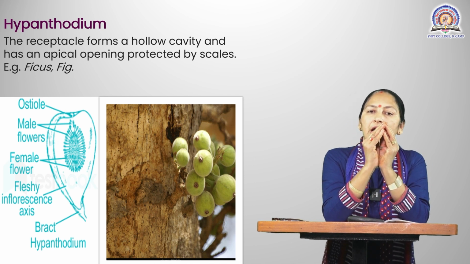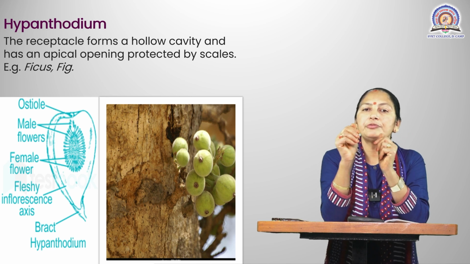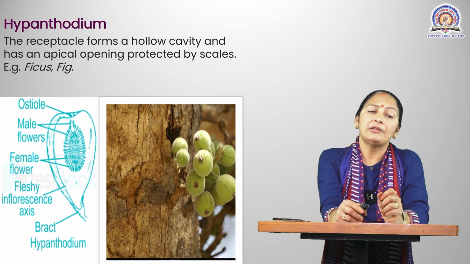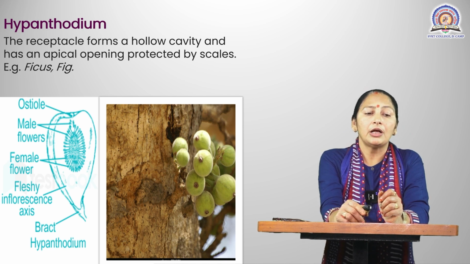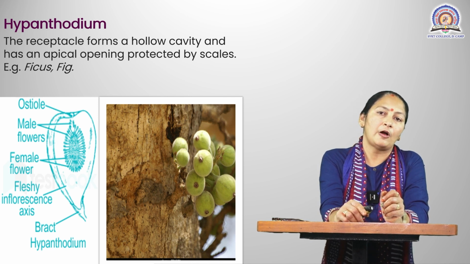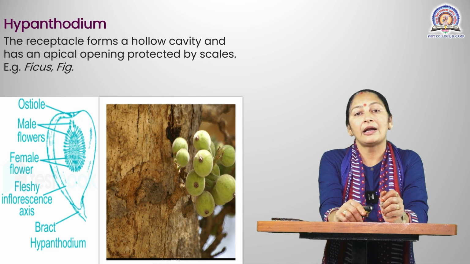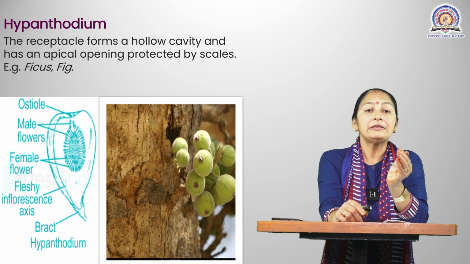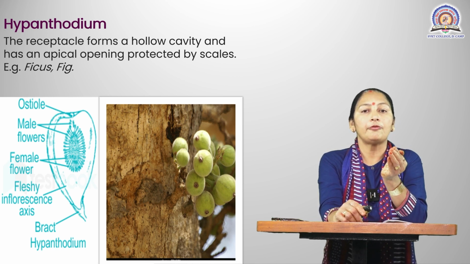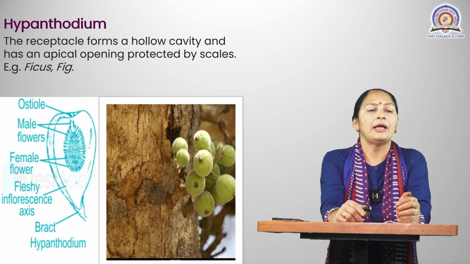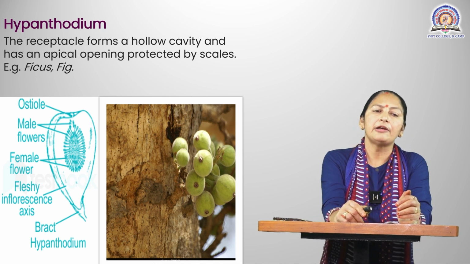and that's why it is a special type. In a hypanthodium, three types of flowers are arranged: the first is the male flower, then the female flower, and also the gall flower, which is also called the sterile flower. These three types of flowers are arranged inside the cup of the receptacle, which is a hollow cavity. Inside the hollow cavity they are present, and the apical opening is protected by scales,